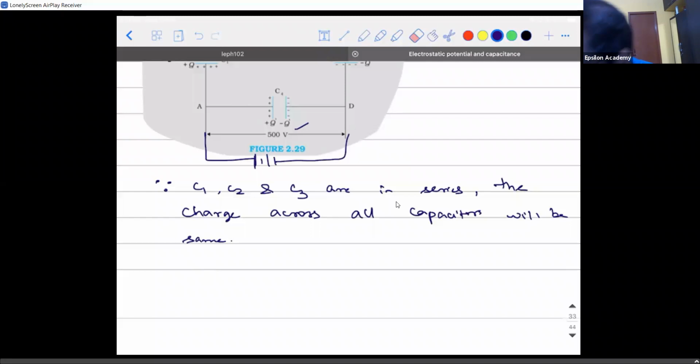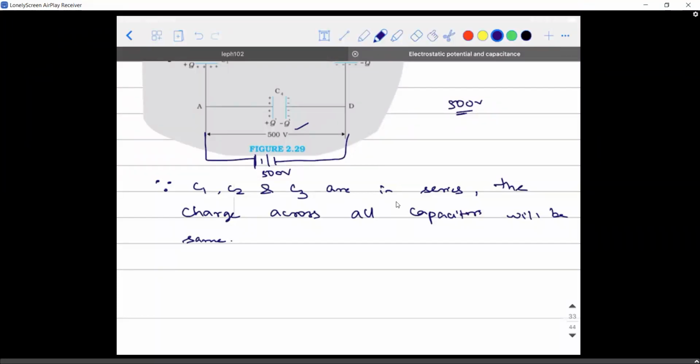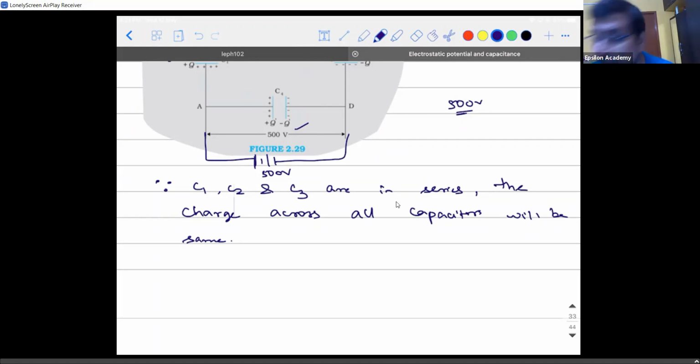Listen to this, okay? Whenever you say 500 volt, I think I have explained this concept already, with respect to a battery. So 500 volt is what? Is it the potential or potential difference? Potential difference. It is the potential difference between the terminals of the battery, correct? So this point is at a higher potential. If I take it as plus 500 volt, then this point will be at a lower potential of 0 volt, such that the potential difference between these 2 points is going to give us 500 volt. I hope you guys remember this, right?